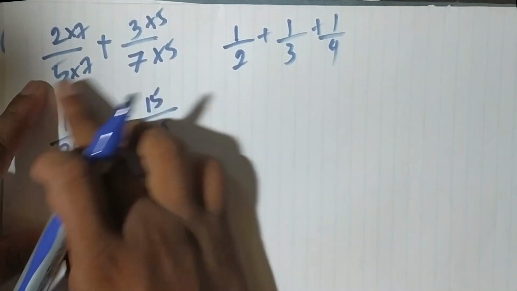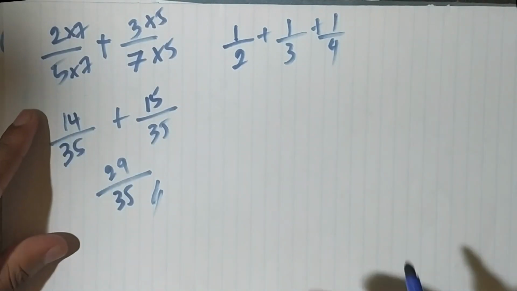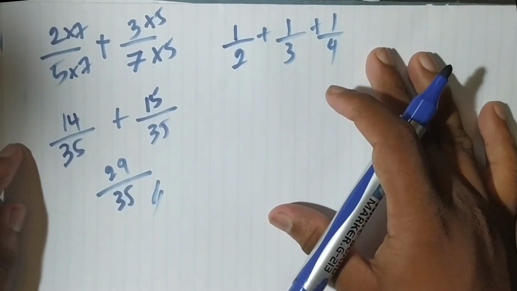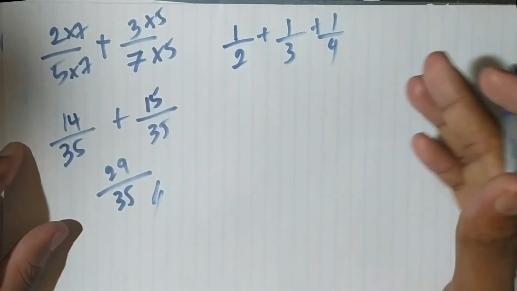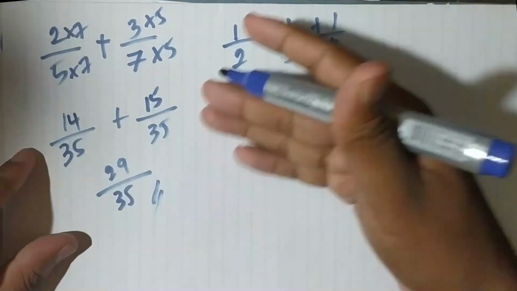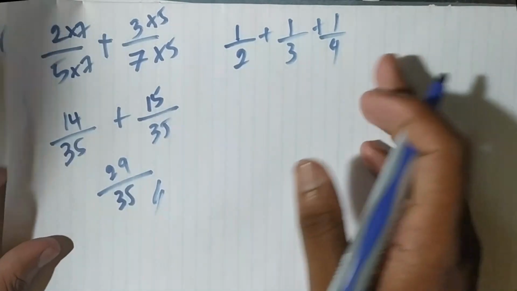Here see, in this also you can take LCM of 5 and 7. If you take LCM, you will get 35. So LCM, least common multiple, this one you have studied in grade 7. You have studied this in scholarship also, so you can do. So if they give a question like this, and you can't change it, just find LCM.